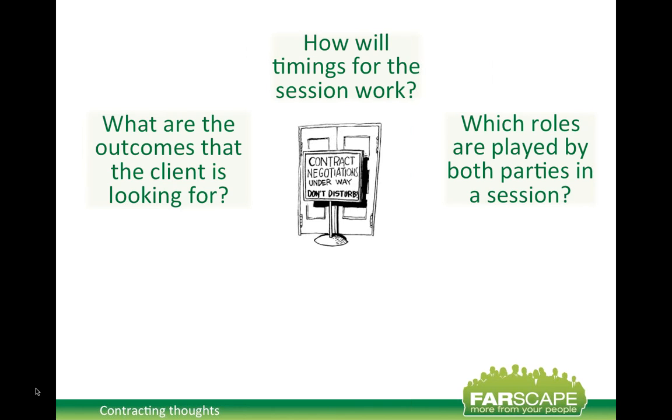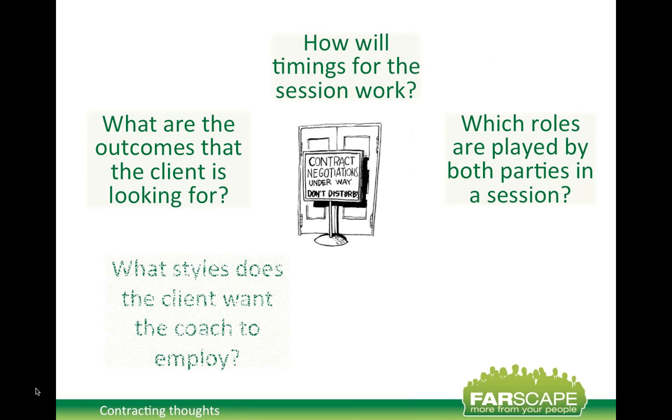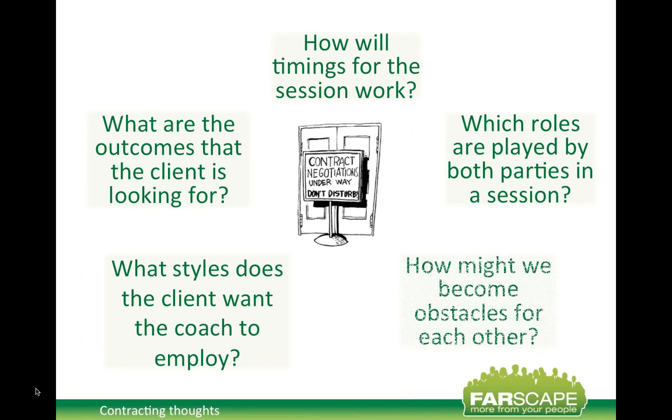We're going to look at the roles that each of us is going to play in the session, and what style of role that is. So how directive he might want me to be, how challenging he might want me to be, what if he wants to actually get up and do some practical work, that kind of thing. And then we're going to look at how we might get in each other's way. So we'll look at what Neil might do as the client to stop himself from moving forward, and equally important, what I might do to get in his way. Hopefully that will be clearer as we demonstrate it.